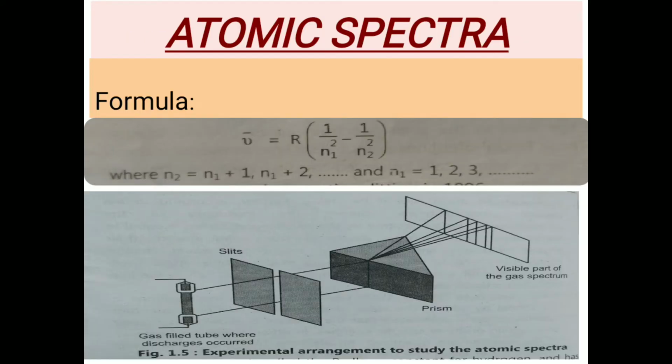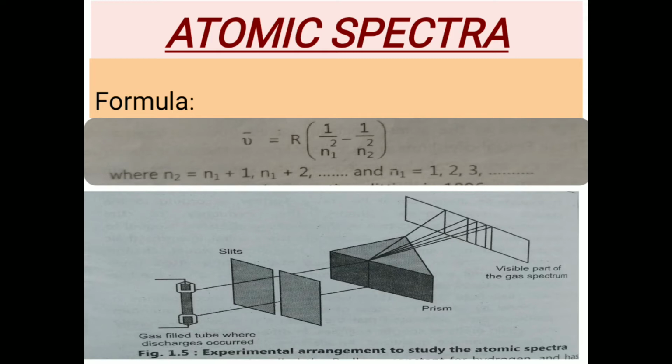Today we will learn about atomic spectra. It is also called a spectrum. The band of 7 colors of light obtained on the screen is called a spectrum. Consider white light. When it passes through a prism, it disperses into 7 color bands. Those bands are called the spectra or spectrum.